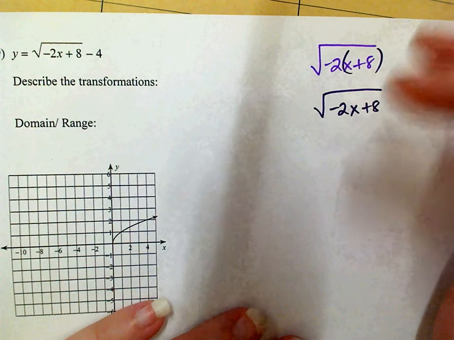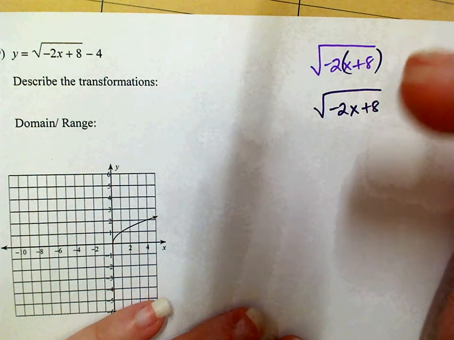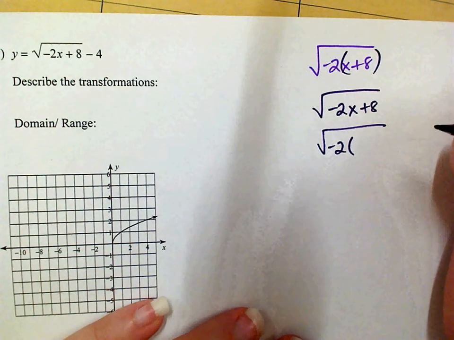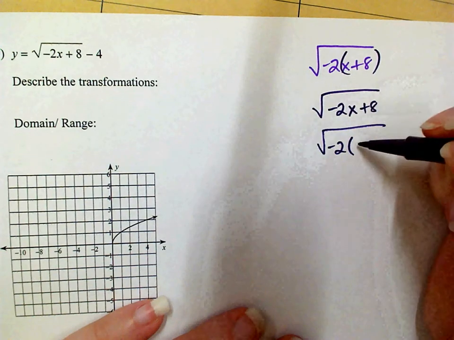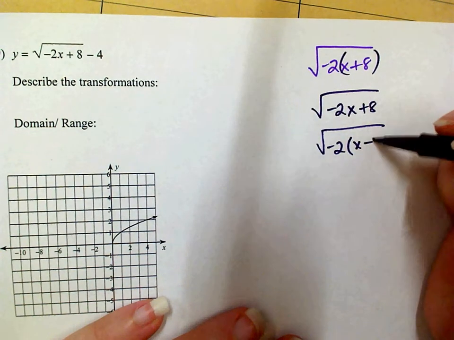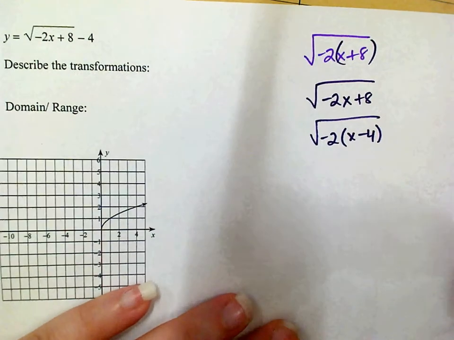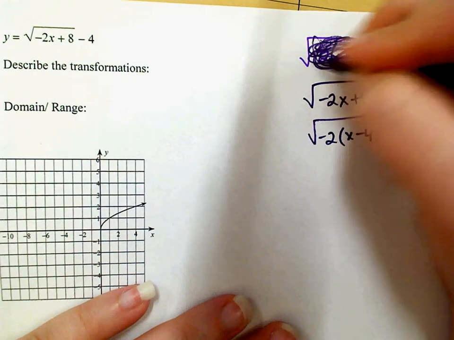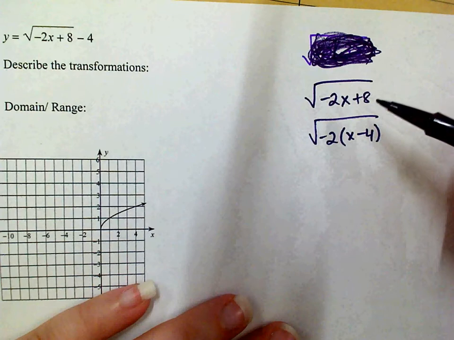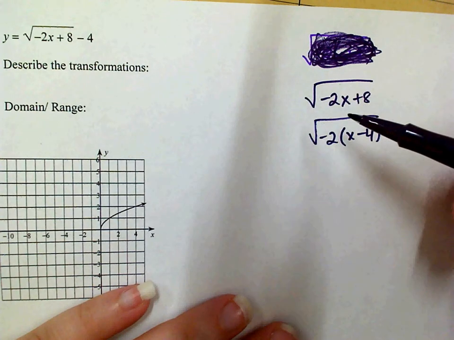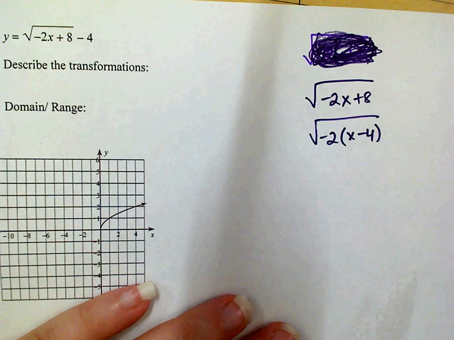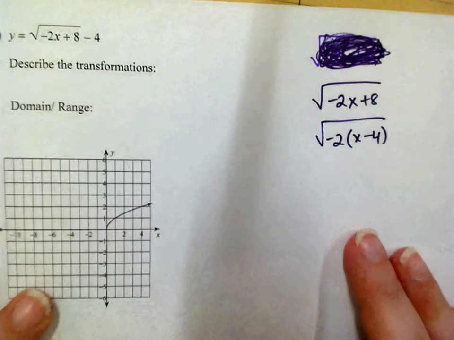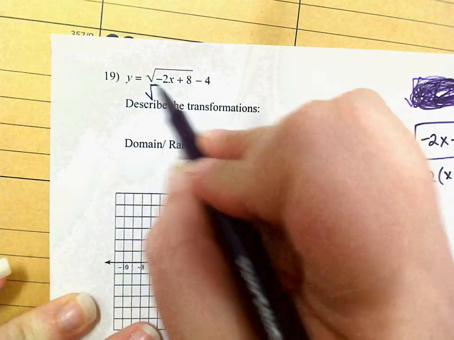So you should write this as a negative 2 with a parenthesis and then divide out the negative 2. Negative 2x divided by negative 2 is x. 8 divided by negative 2 is a negative 4. So don't just put your parentheses in there. You need to factor the negative 2 out from both terms, which means dividing, okay? So, this right here can be rewritten as the square root of negative 2 times x minus 4 and then minus 4. So my transformations are